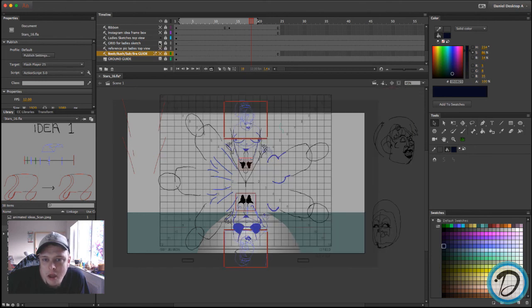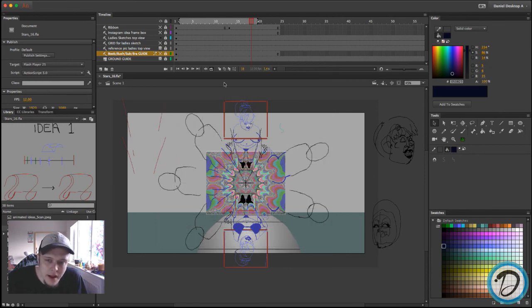And I'm using a grid for 3D perspective, and essentially the colors are gonna float through the characters like that. The colors are gonna move up the character,